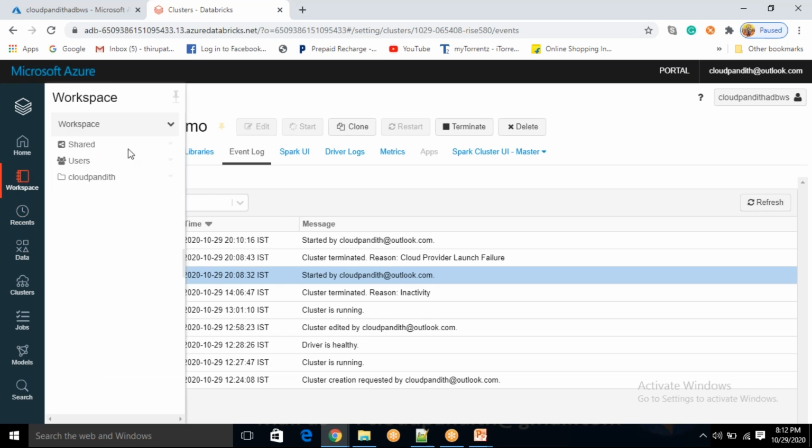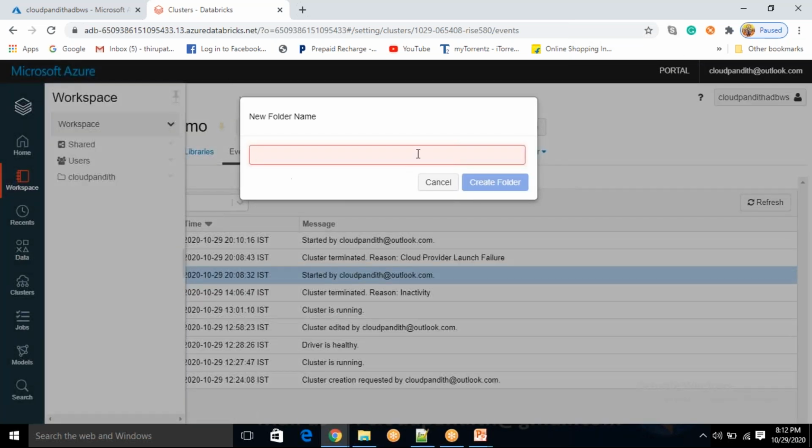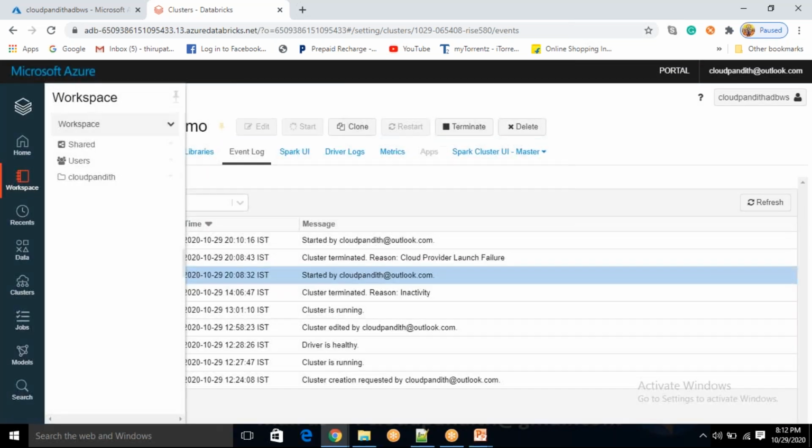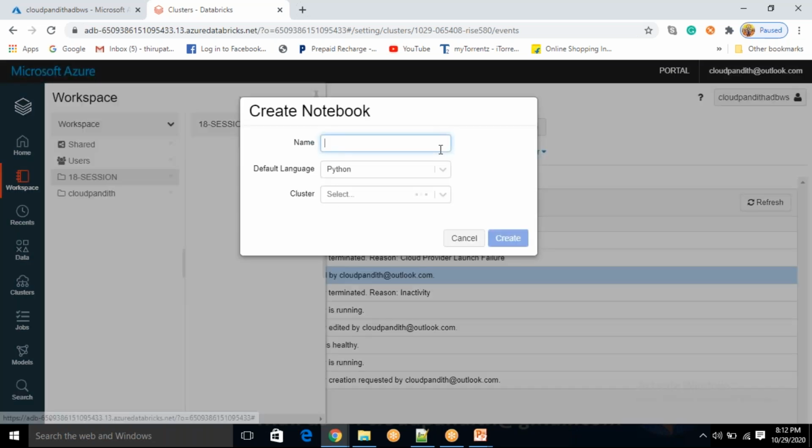So meanwhile, I want to create a notebook. I want to create a new notebook. Okay, I want to create a folder before that. So this folder I can call 18th session. Go inside this folder, the 18th session folder. Let's create a notebook called